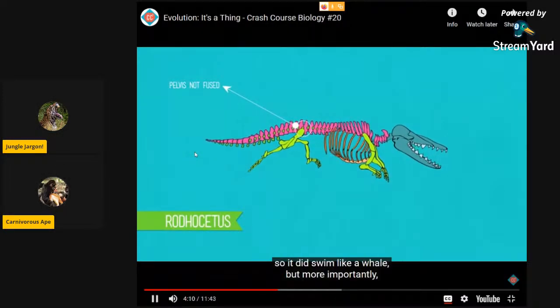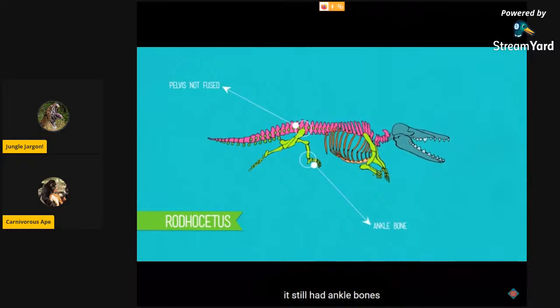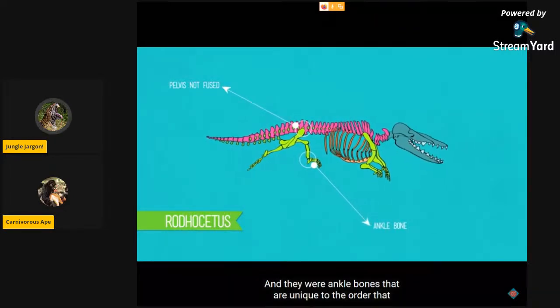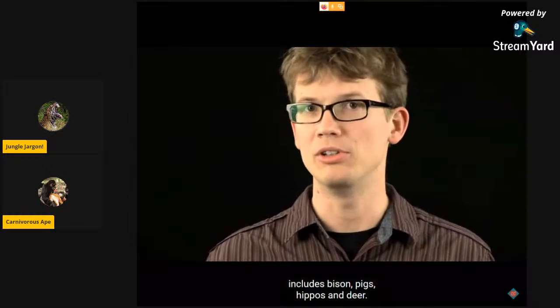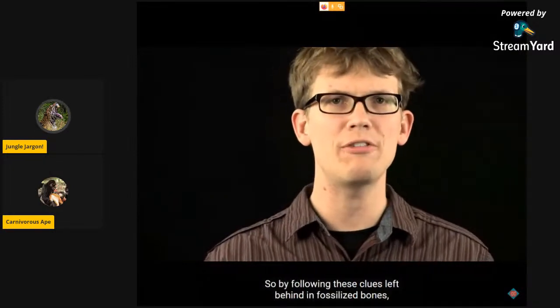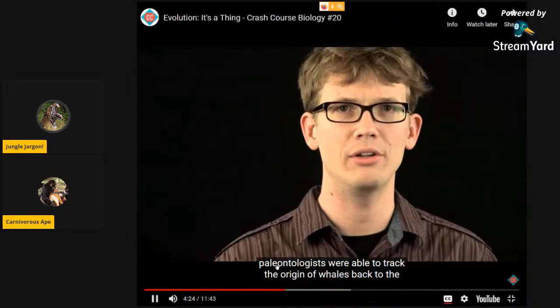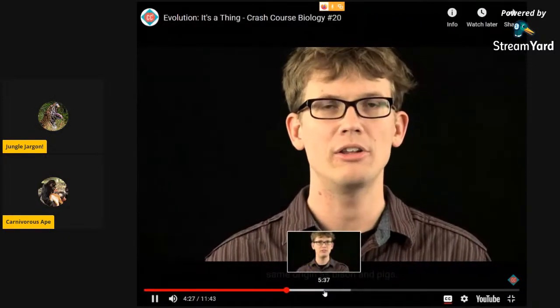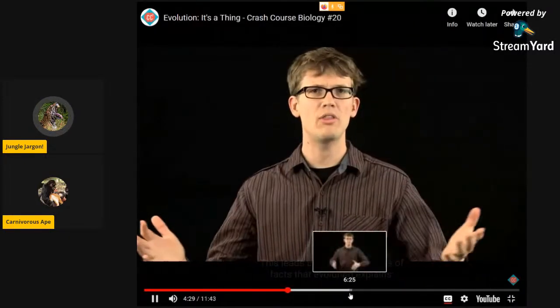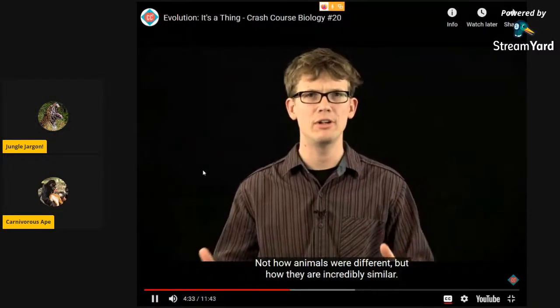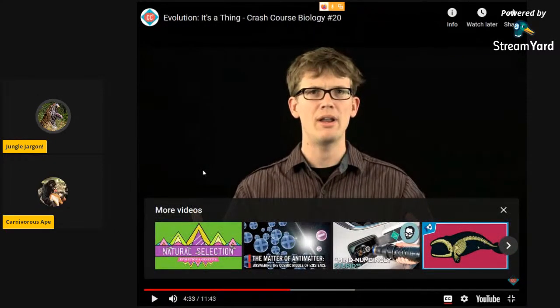That's the funny thing. But more importantly, it still had ankle bones, and they were ankle bones that are unique to the order that includes bison, pigs, hippos, and deer. So by following these clues left behind in fossilized bones, paleontologists were able to track the origin of whales back to the same origin as bison and pigs. This leads us to another series of facts that evolution explains, not how animals are different, but